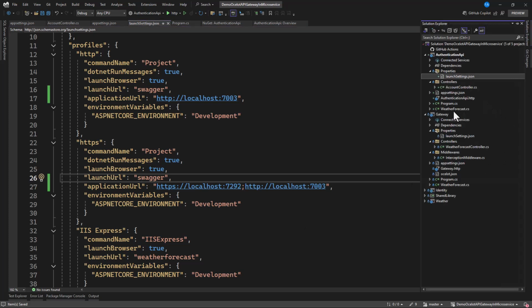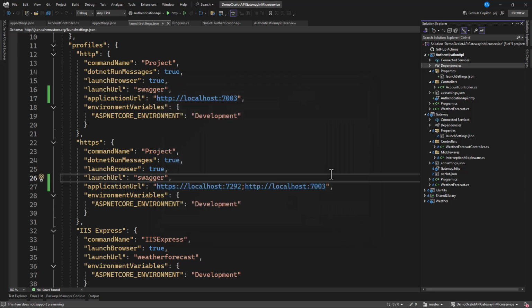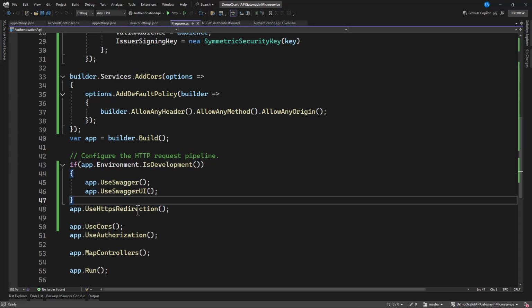Let's see. So from our authentication API, right click on dependencies, then add project references. In here, because we have a shared library, let's add this, and in there let's go to the Program.cs, and now where we have this, we need to add here.